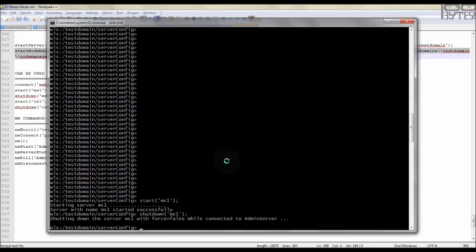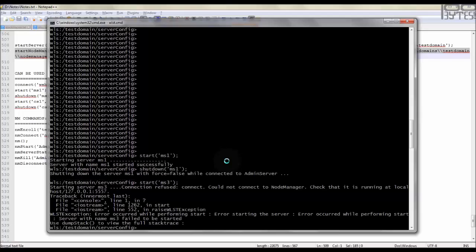Let me try to start the manage server 3. So I have connected to the admin server. My node manager is running. I'm starting the manage server 3. Now you see that, check that it is running in localhost